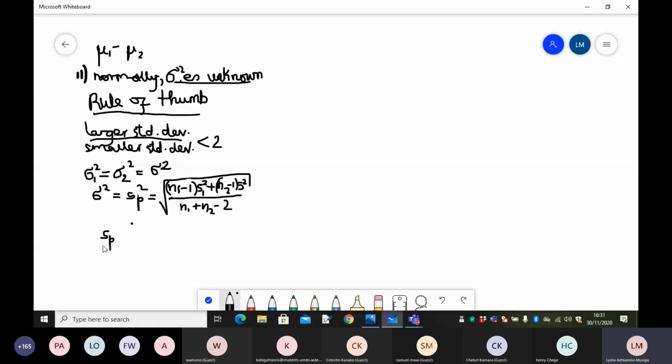And if that is the case, then our confidence interval will be given by x bar 1 minus x bar 2 plus or minus T alpha over 2